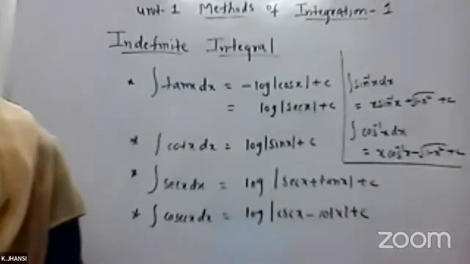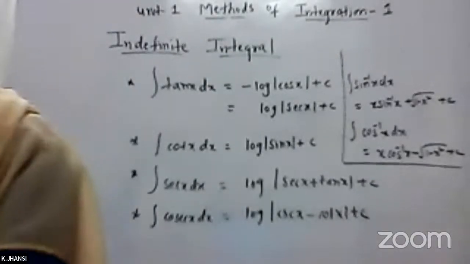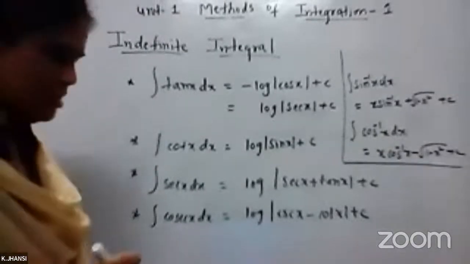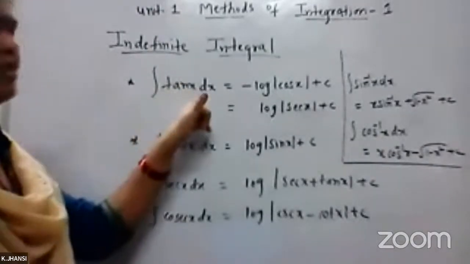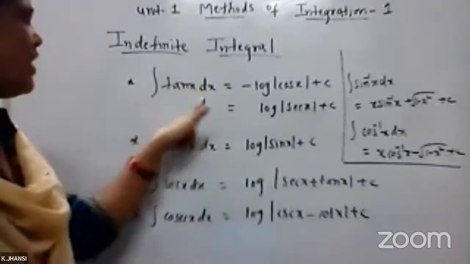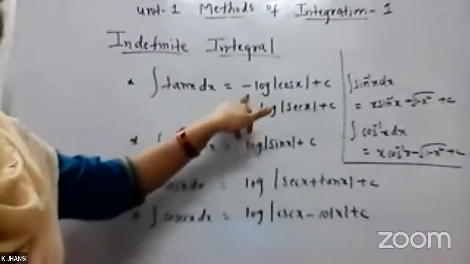Okay. These are the extra formulas. So these proofs you also have in your textbook. If you want the proofs, you can see them from there. So integration of tan x dx, you can write as